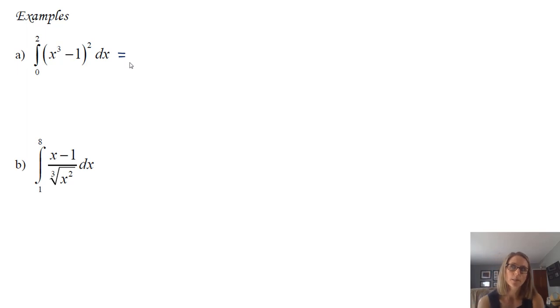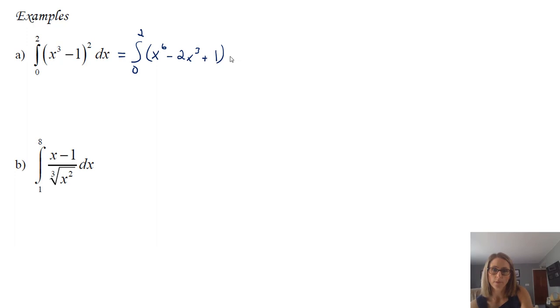So over time, and this is in Math 5A and Math 5B, you learn a lot of techniques for integration. But until you know those techniques, all you know how to do is take the antiderivative of pieces of a function separately. So in this case, we'd have to multiply out x cubed minus 1 squared. So we're going to have x to the 6th minus 2x cubed plus 1. And I'm going to put my parentheses and keep my differential there. What that does is allow us to take the antiderivative of each piece and then use our fundamental theorem part 2.